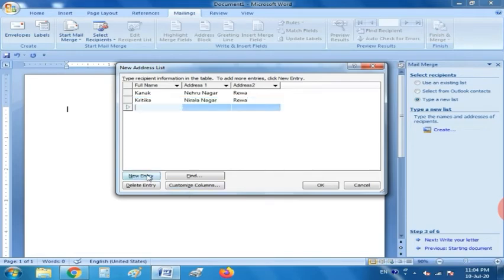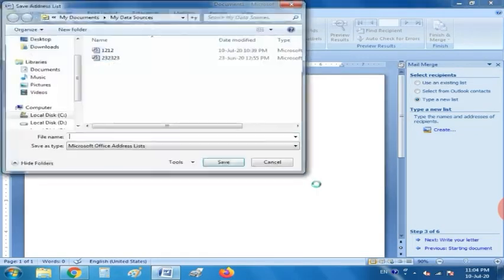Clear? And the third one is Prakash, Rakesh, whatever you want to give. So I have given Prashant. They are not my friends. Clear? They are not my relatives. I am just giving an example. Clear? Now click on the OK button.